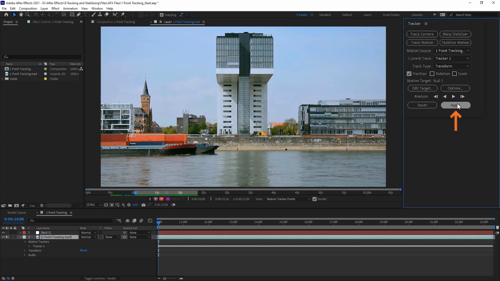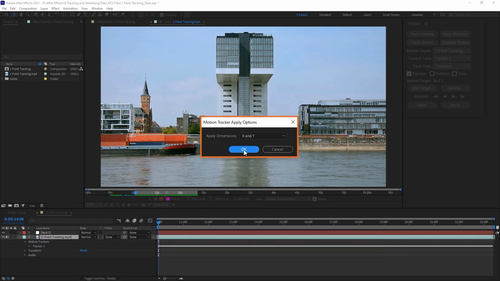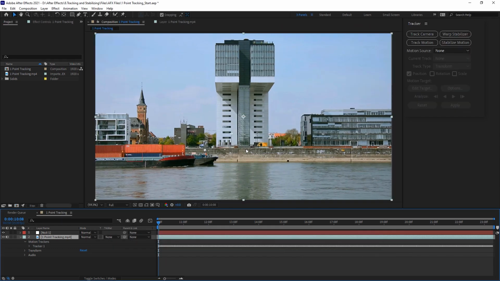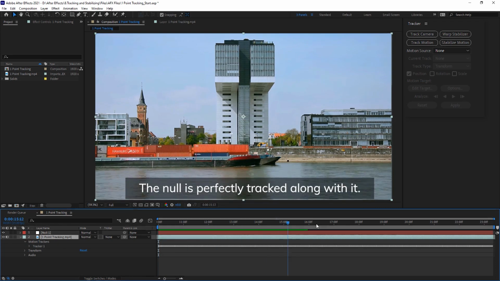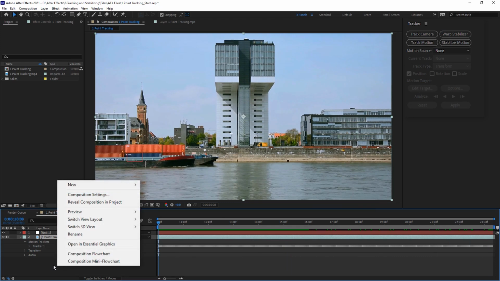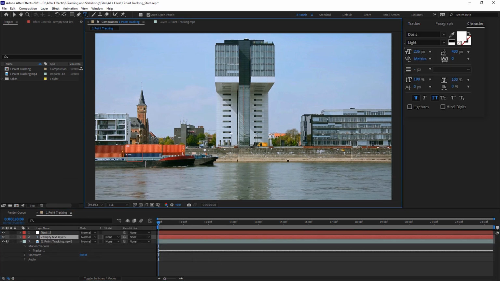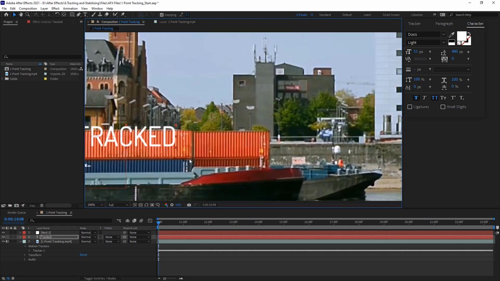And I will click on this button which is apply. If I click on this, it will ask in which dimension you want this null to be tracked. Right now I will select X and Y both, and I will click on OK. And now you can see the null is perfectly tracked along with it. After this, I will right click, go to new and create a text layer over here. Now I will type some text and reduce the font size. I will keep it near to this container. I will adjust the position value